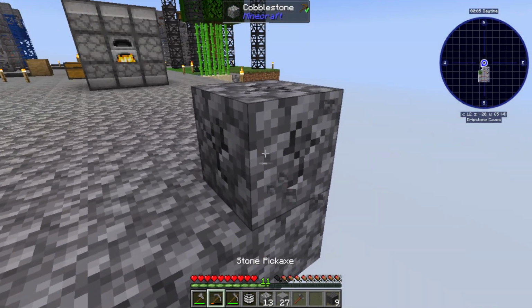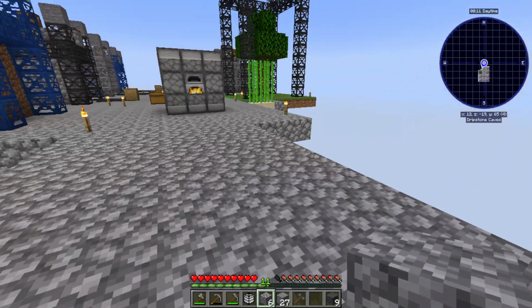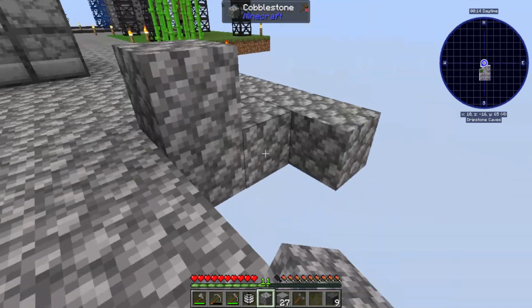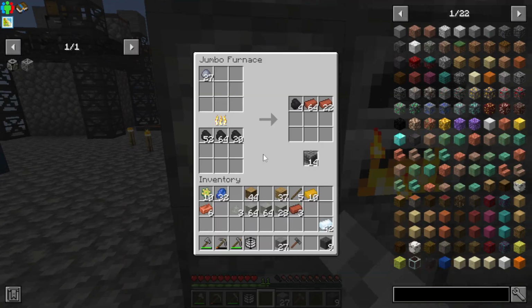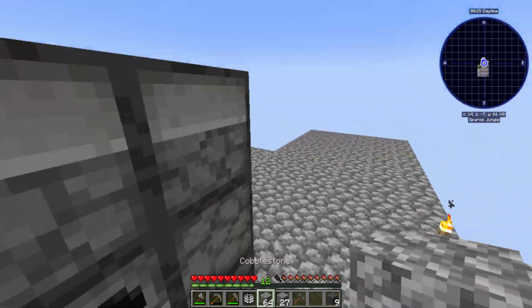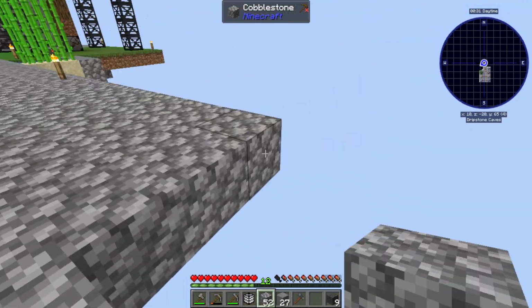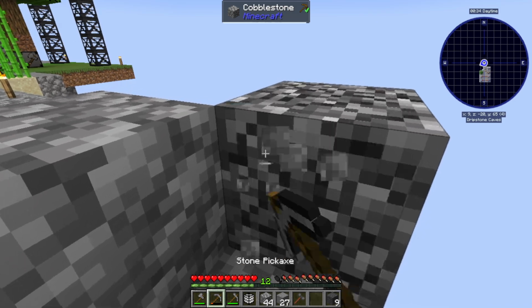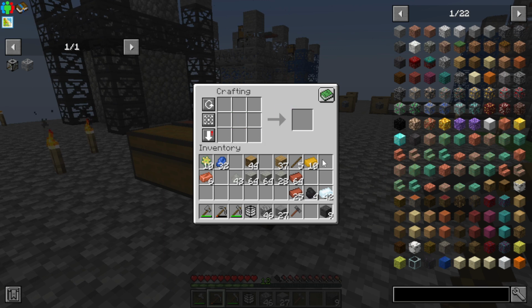I believe I should be able to get, because they're 3x3, I should be able to get the other one as well from Immersive Engineering on here, since there's 2 that I need. Grab another stack of cobble. Finish this up. Okay. Grab you. I want to make 6 more of you. And make